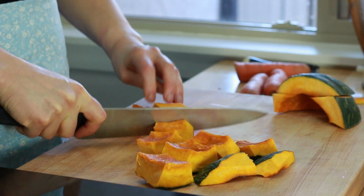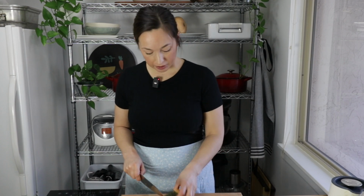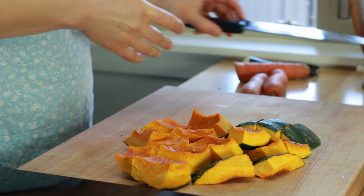Kabocha is definitely one of my favorite of the winter squash family. It's way better than spaghetti, if you ask me. It has that really dense, potatoey starchiness, but the flavor is so nutty and sweet. I just love it. To further illustrate the concept that you don't need an official steaming device to steam vegetables,